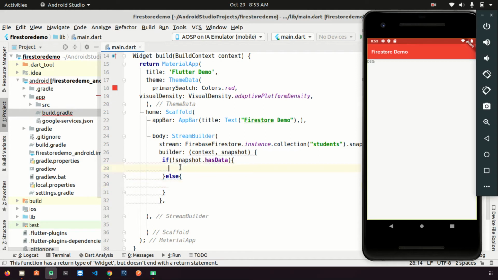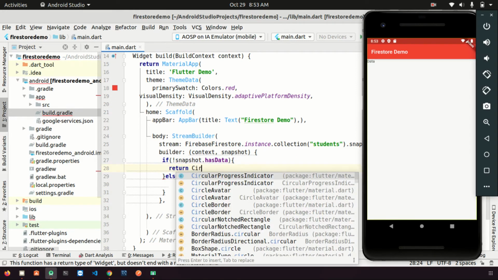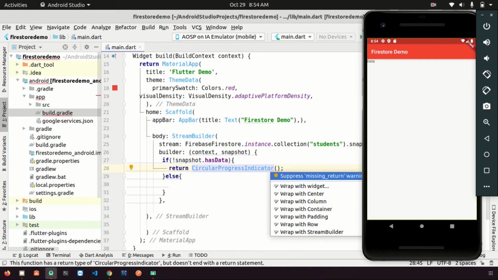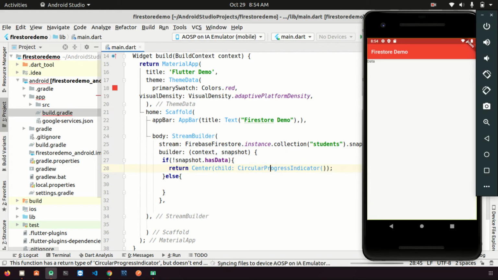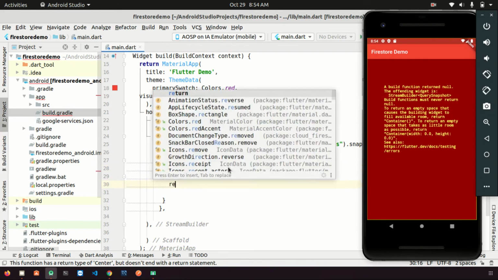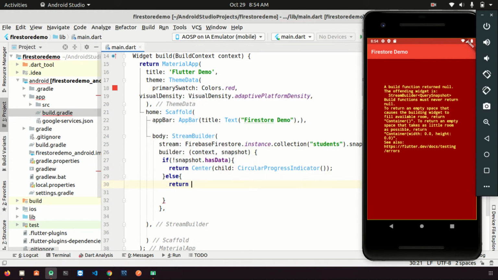If you want to show while waiting, you can return a circular progress indicator, and just wrap this in Center. We will see the center one. So I'm not returning anything here. Then text, data, paste.